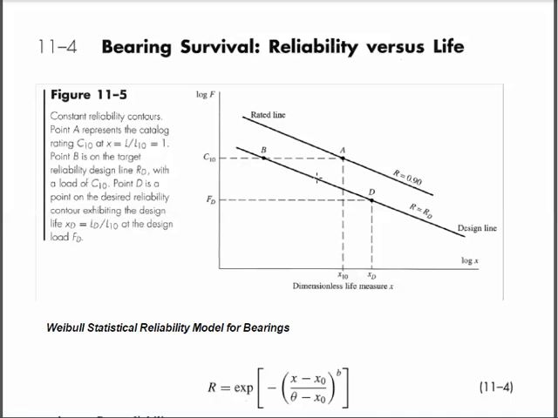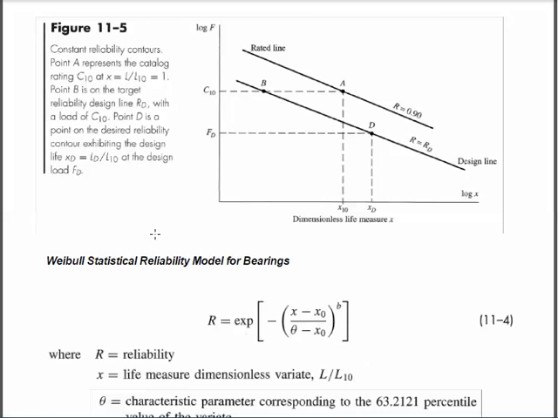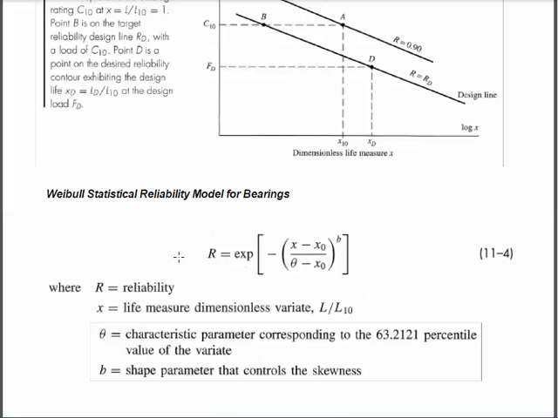Now, this is a statistical phenomenon on how bearing life behaves, and maybe you've had statistics in engineering analysis or some other place, and you know about Gaussian type statistical distributions. Well, there are many other kinds of statistical distributions. The one that describes the relationship between bearing life and load and reliability is called the Weibull statistical reliability model for bearings, so the Weibull distribution. And this equation says that the reliability of a bearing set is related exponentially to a non-dimensionalized life kind of thing, and